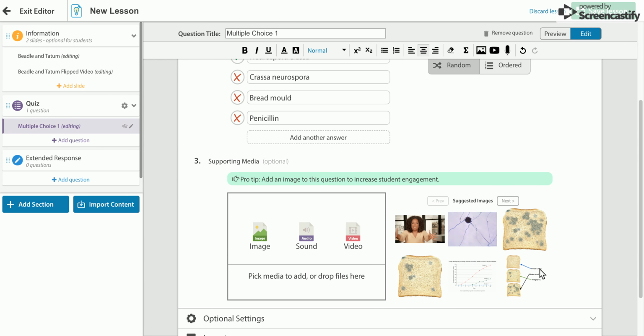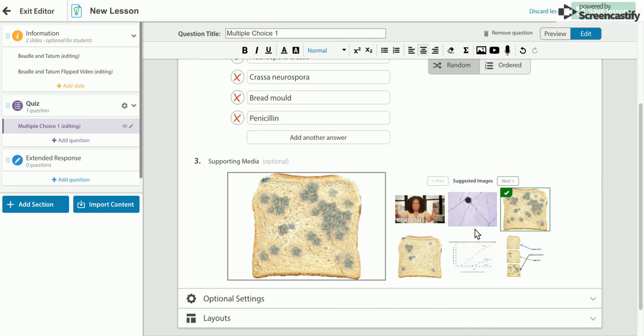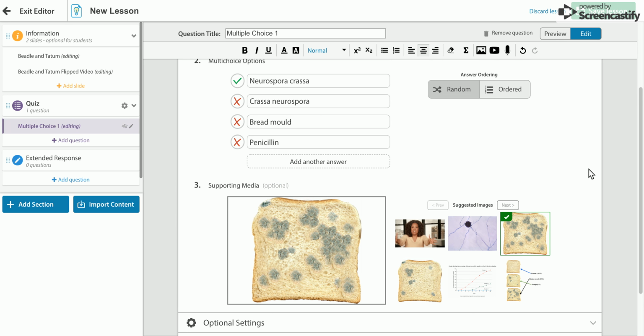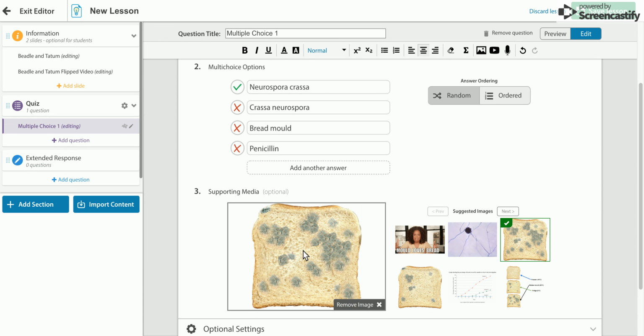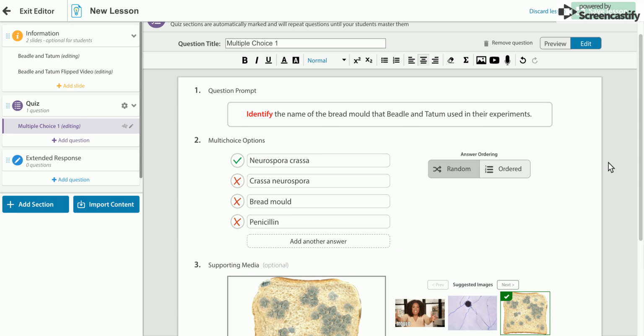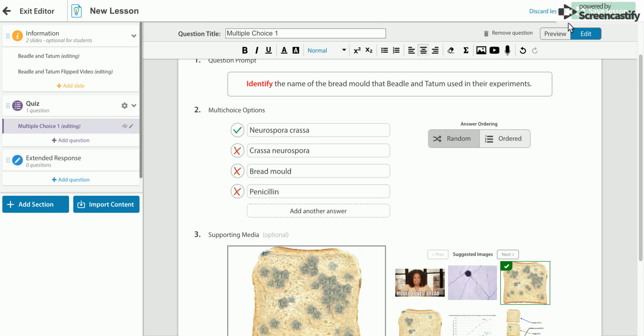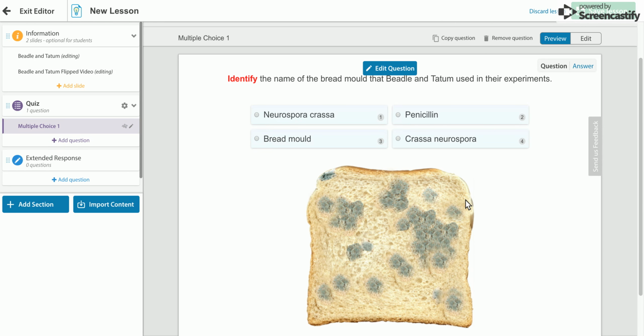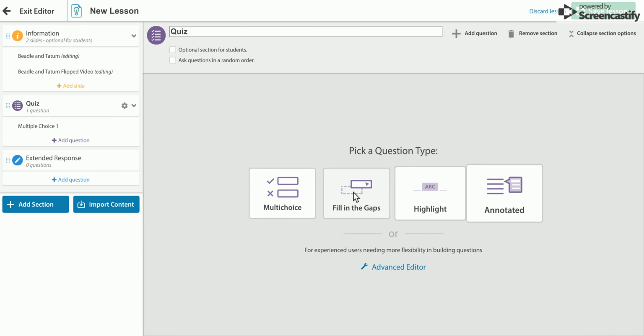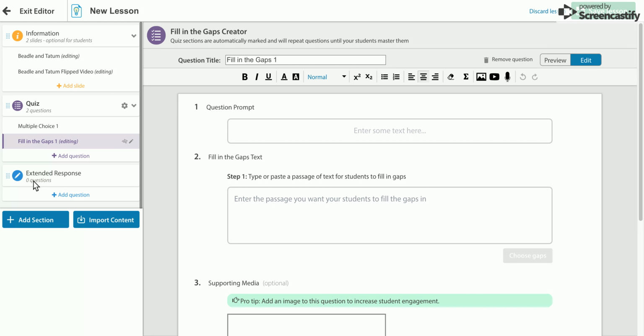There's some images at the bottom here that you can use to import, just to give your slide a little bit of an interesting engagement feature. You can also include a video and a sound file. So if we just quickly preview that, that's what our slide looks like. Really nice and easy. With a fill in the gaps question, what we need to do is find some text,